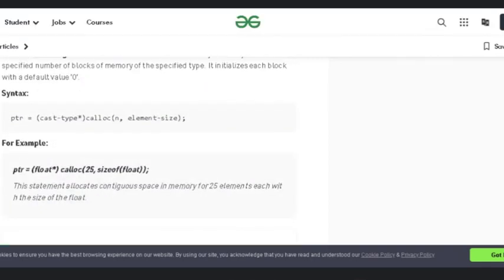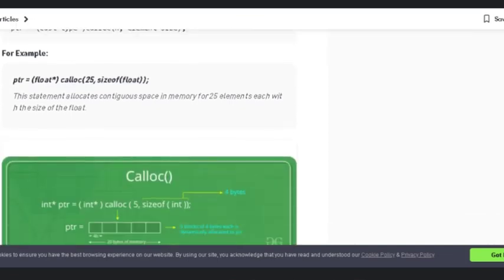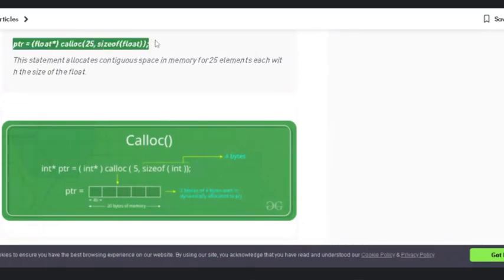Now we have calloc, which is called contiguous allocation. It is used to dynamically allocate the specified number of blocks of memory of the specified type, and it initializes each block with a value 0. This is the standard format of calloc. The difference is just that instead of malloc you write calloc.